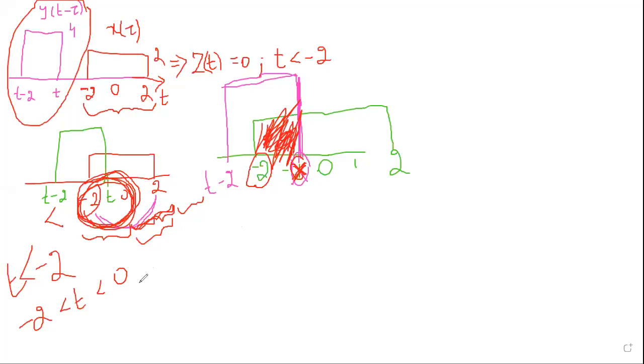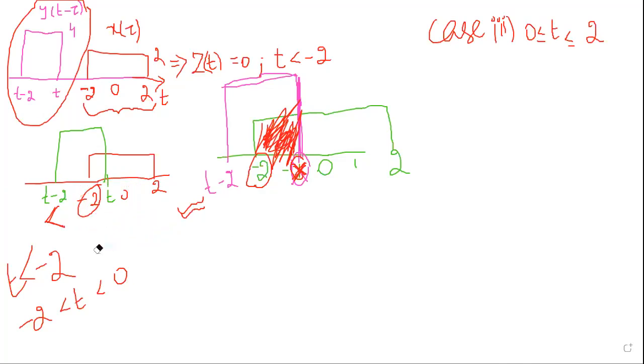Yes, ma'am. So now can I write case 3 here at the top? Case 3, listen carefully, my case 3 is 0 less than or equal to t less than or equal to 2. So 0 to 2 is the range. So this range I am taking in 4 directions. One is less than -2, next one is -2 to 0, then 0 to 2, and later one is greater than 2. That's it. So now, to get the next output for case 3, I have to perform one more shifting operation. That shifting operation, I want you to analyze and tell me.